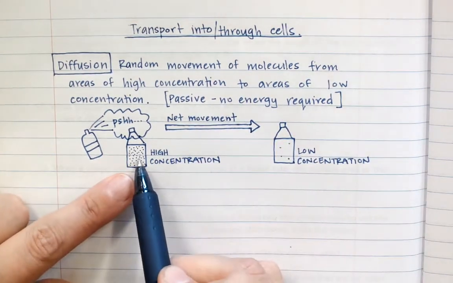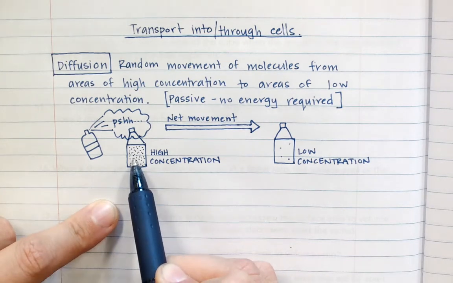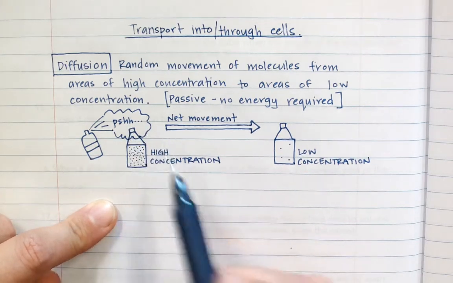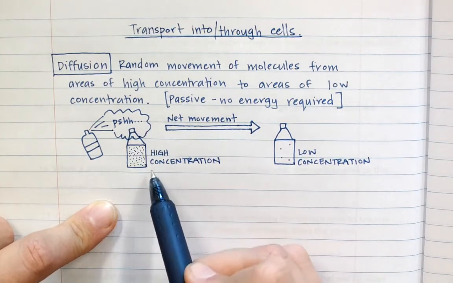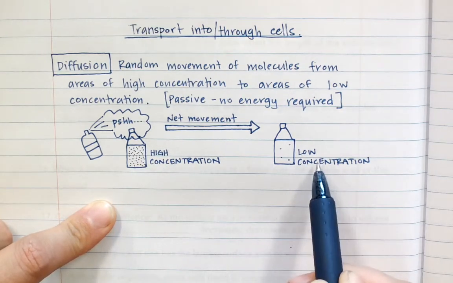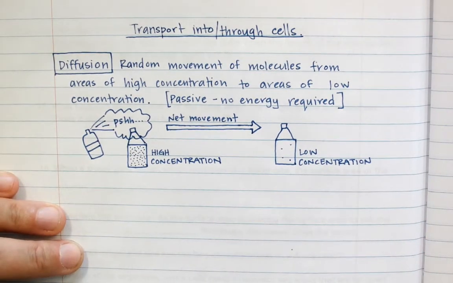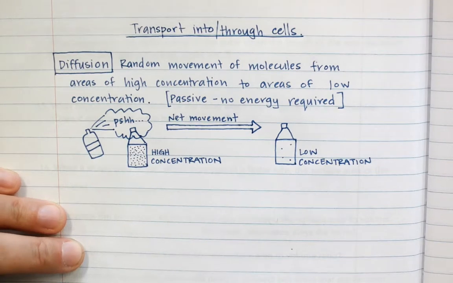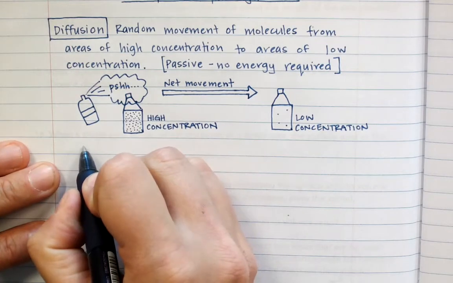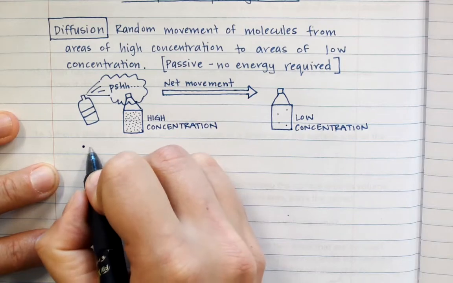So are some of these molecules going to be moving backwards? Yes. Are some of them going to be moving up or down or closer into this little cloud? Yes. But overall, they are going to be moving from this area of high concentration towards this area of low concentration. And the purpose of this is so that they reach something called equilibrium. So we're going to add a little bit more to this. So we're going to just give ourselves a little note here that molecules move